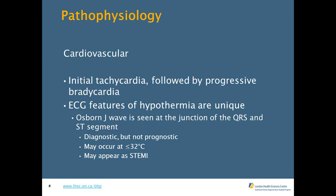The EKG features of hypothermia are actually quite unique and interesting. So you have something called an Osborne J wave. That's seen at the QRS-ST segment junction. This is diagnostic of hypothermia, but is not prognostic. If you have the J waves, it doesn't mean you're going to do better or worse than anyone else. Usually you have to be less than 32 degrees for those to appear, and it does actually appear as a